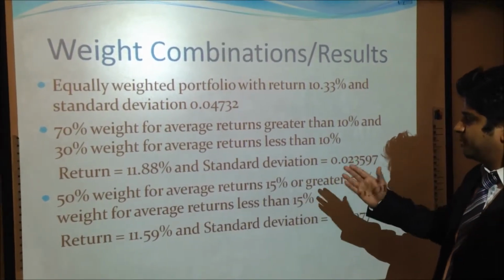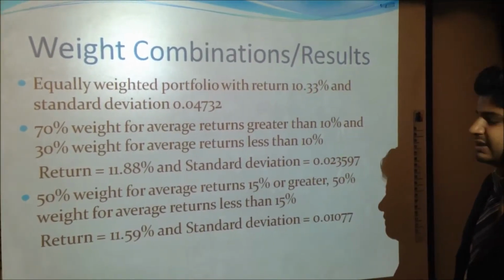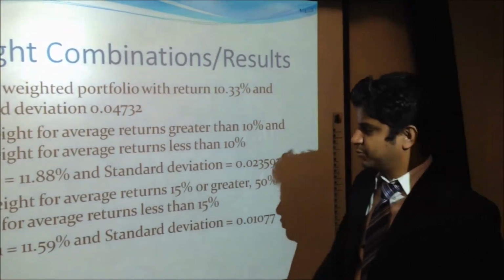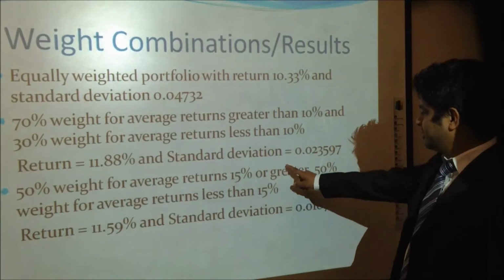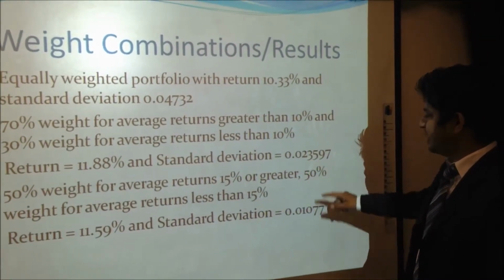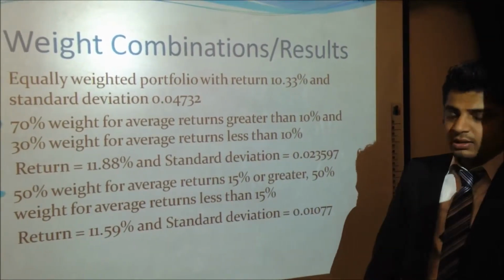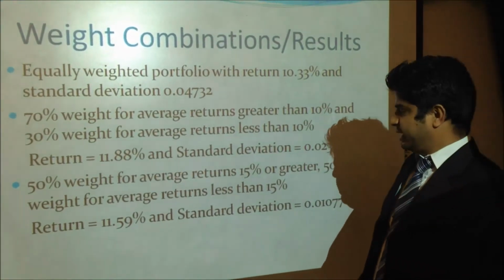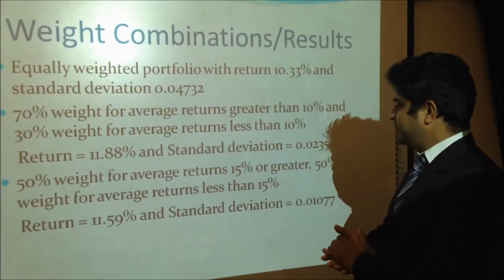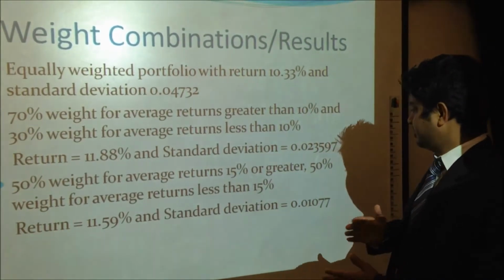weight for the companies with average return of less than 10%, where I got the portfolio return to be 11.88% and the standard deviation of 0.2359. Likewise, in the third portfolio, I assigned 50% weight for the companies with average returns of 15% or greater,